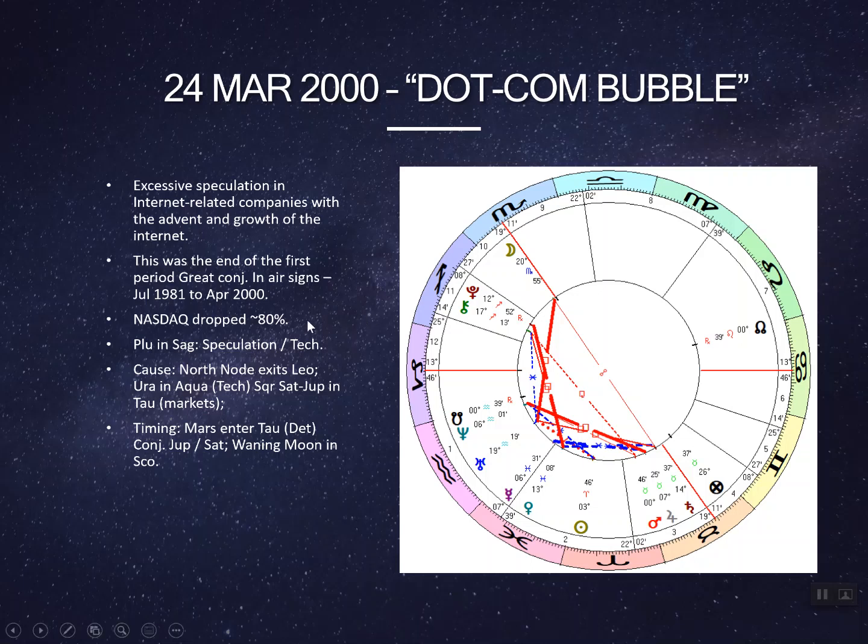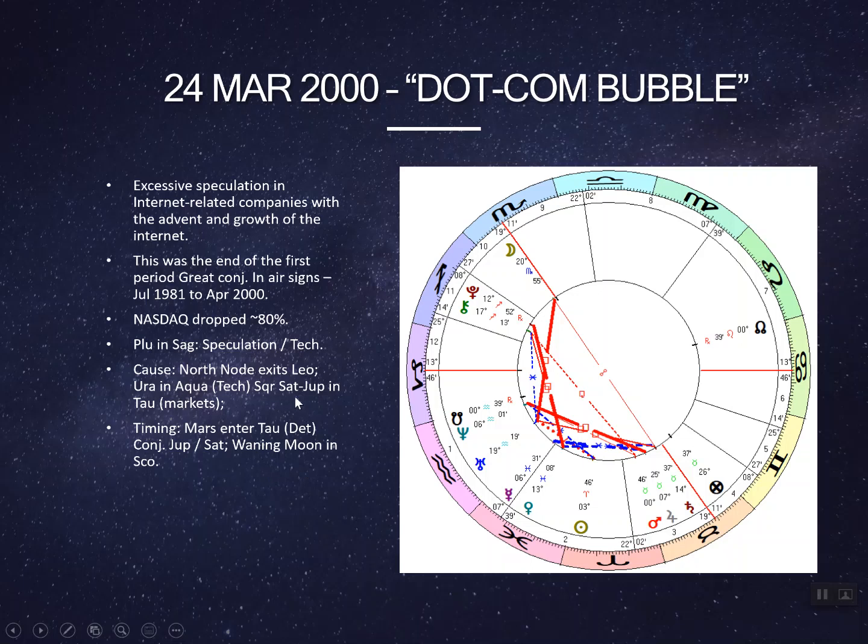We had a taste of what that would be like, and the great conjunctions happened in Libra in 1981, and you can see it then ended in April 2000. So this crash happened just a month before it, as these planets were within orb of a conjunction. So we can see a link again to technology, and the reason I wanted to highlight this is